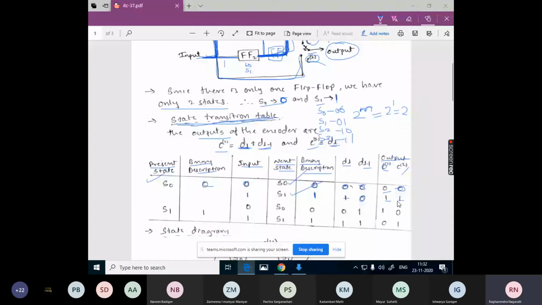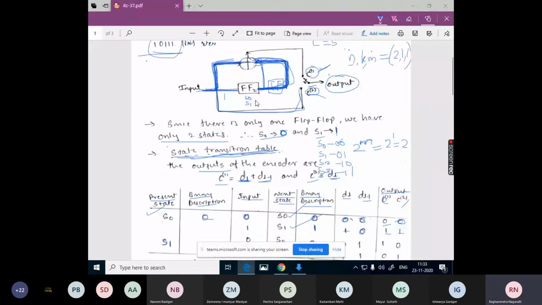Okay. Now we finished all the options for this S0 state. So let's go for the S1 state now. If S1 is the present state, that means right now we are in the S1 state. So this flip-flop is having 1.